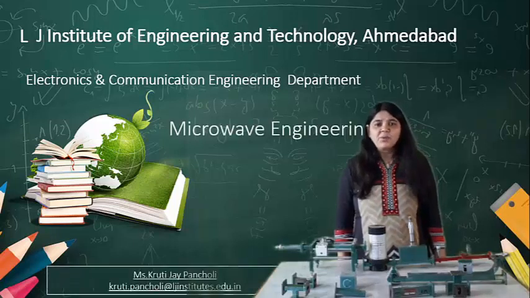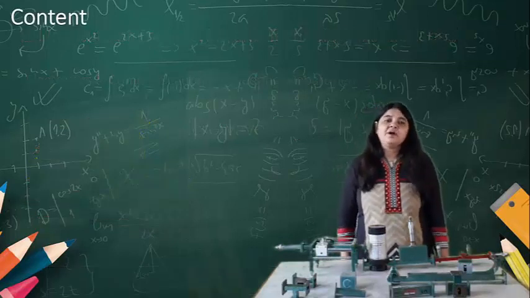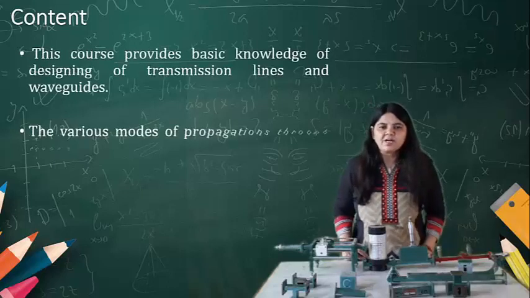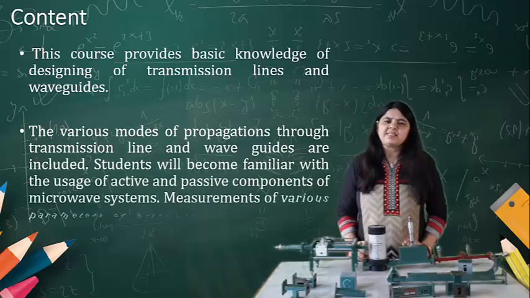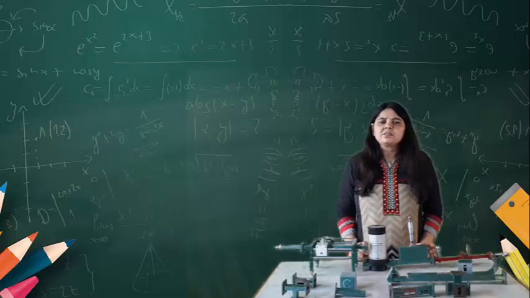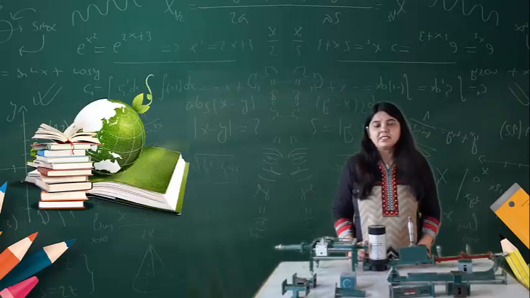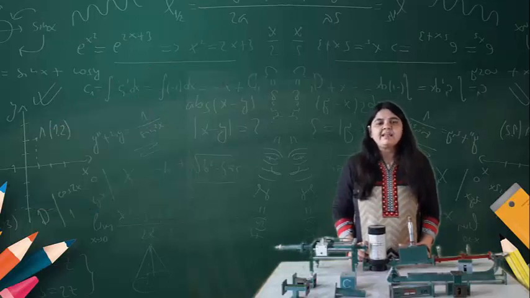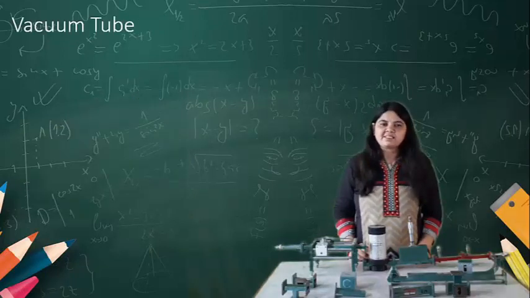In the last video, we learned about the various kinds of microwave components. So now this microwave component you can see over here. These are all the components that we learned, the microwave passive components that we learned earlier. Now the microwave components are divided into two parts, the passive and the active microwave devices.